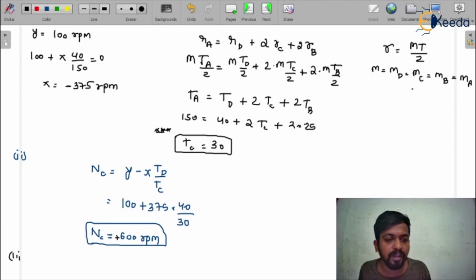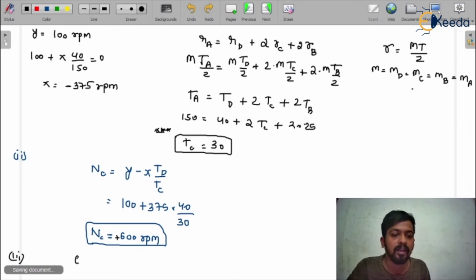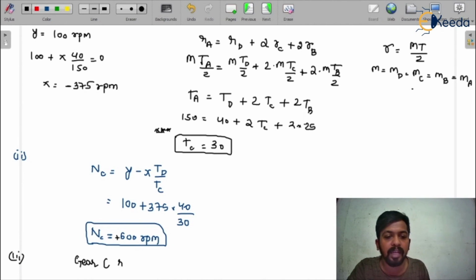So here I am writing that gear C rotates with 600 rpm